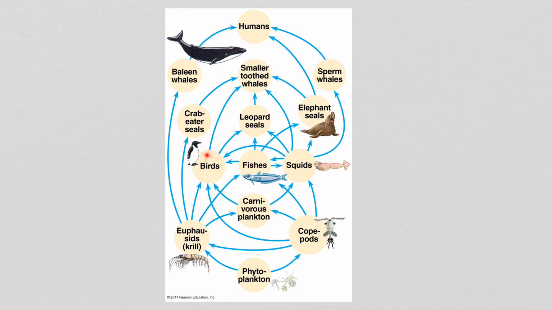So with the leopard seal, it could go from the leopard seal to the birds, to the krill, to the phytoplankton, which would make it primary, secondary, tertiary, or else we could go from leopard seal, bird, carnivorous plankton, copepods, and then phytoplankton, which would make it primary, secondary, tertiary, quaternary. And so you can see that I could have it just along there,